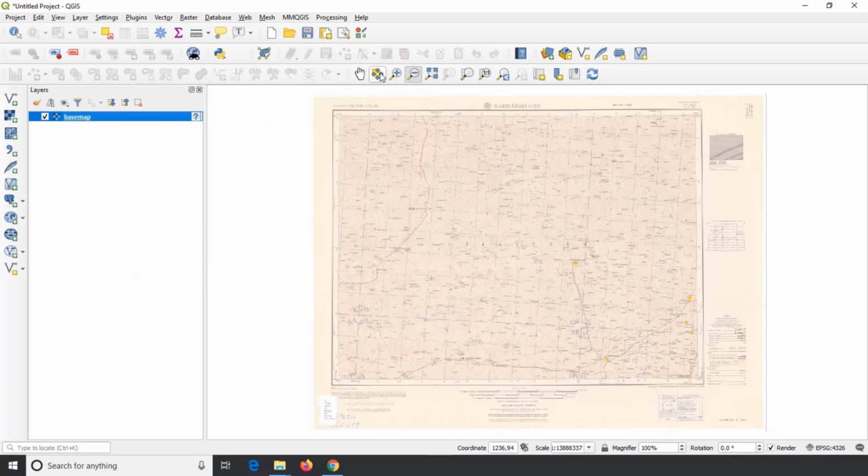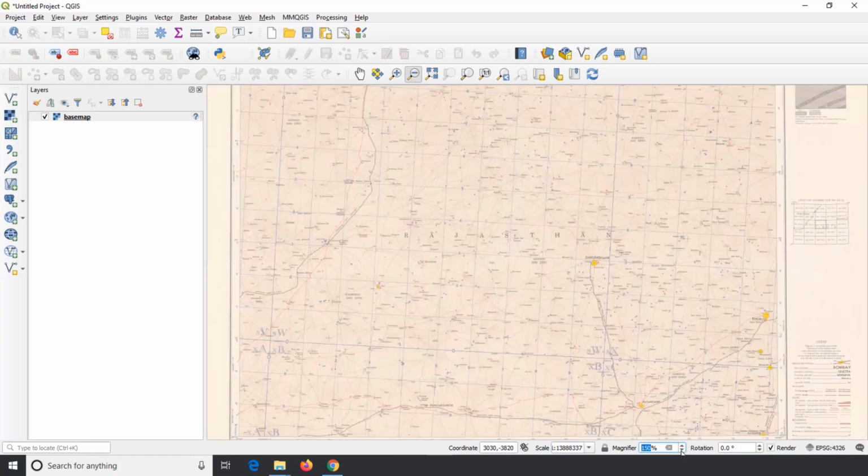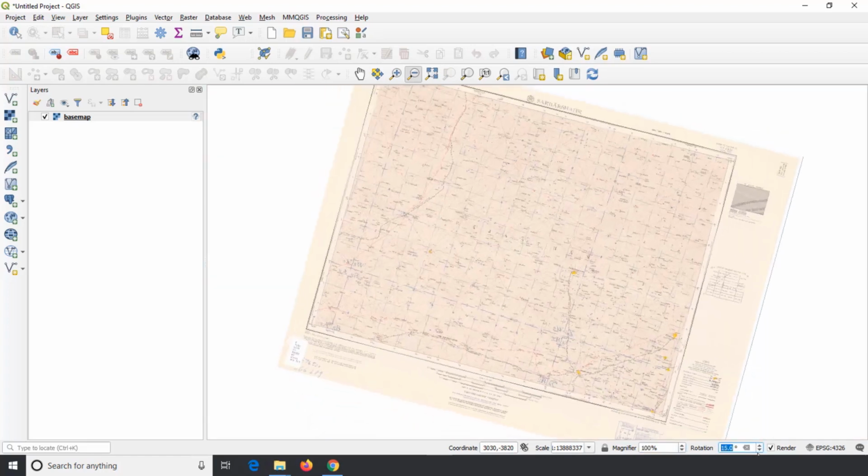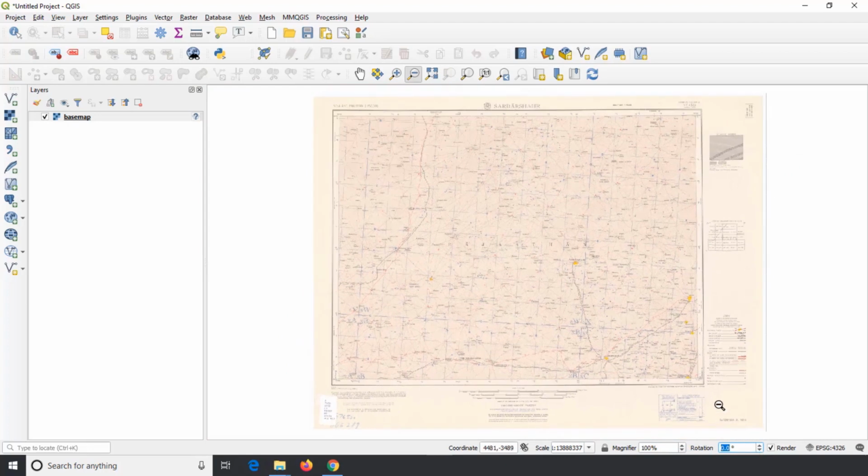I recommend using all the available tools on the navigation toolbar and getting familiar with them. Look at the coordinate on the status bar. It shows the computer stored reference coordinate, which is not at all related to the latitude and longitude of this place. Thus, this image has to be georeferenced for any GIS related work. We will see georeferencing a little later. Change the scale on the status bar and use the magnifier and rotation to know the use of it.